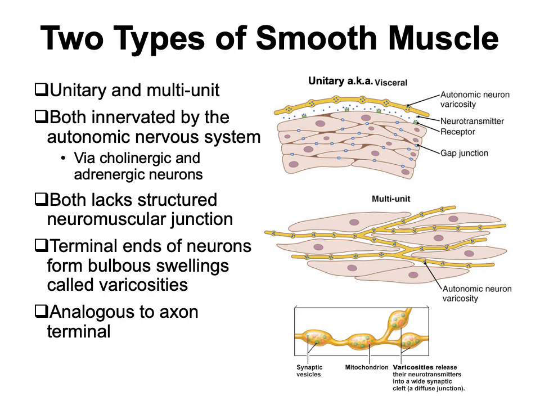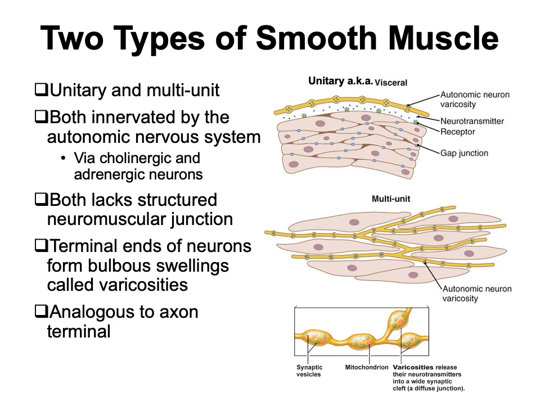Both types lack a structured neuromuscular junction as with skeletal muscle. The terminal ends of the innervating neurons form bulbous swellings called varicosities that are analogous to the axon terminals of motor neurons. If you look at the diagram on the very bottom, you'll see an example of the swellings of the varicosities. I want to draw your attention back up to the unitary, aka visceral one, where you see a neuron going across a whole bunch of the cells and just dumping the